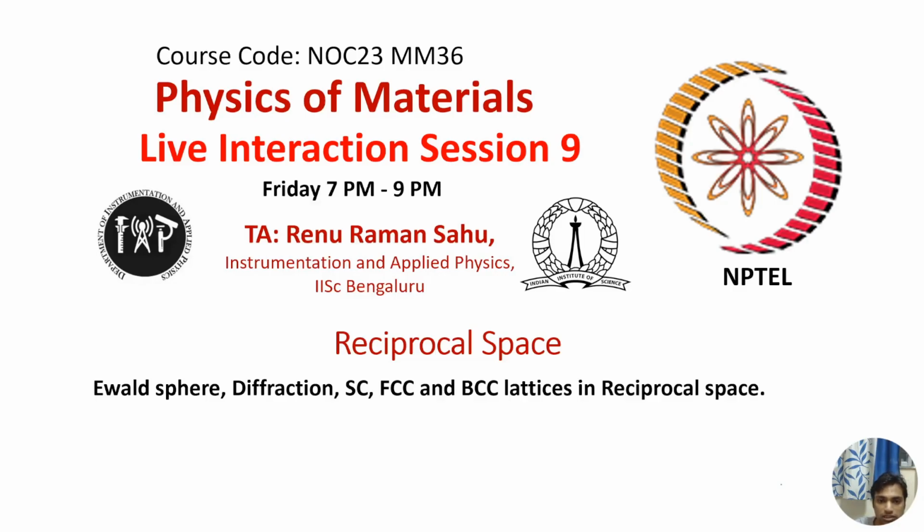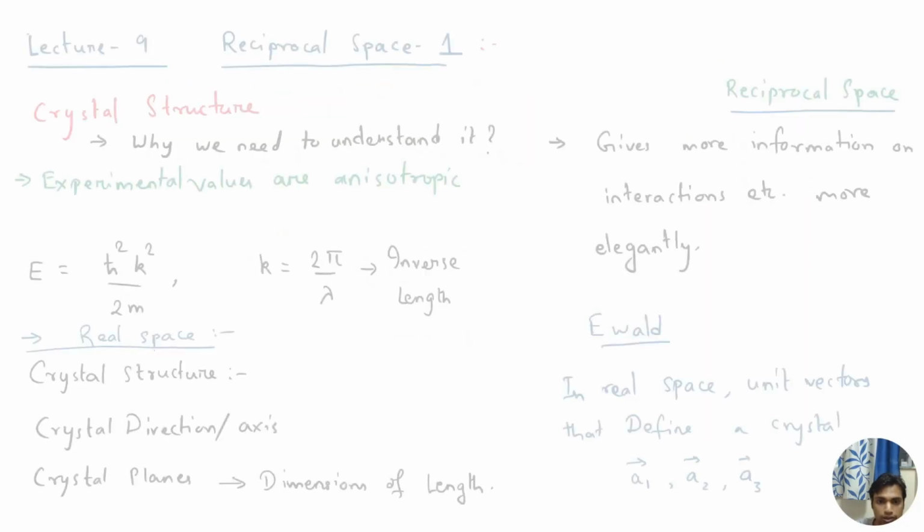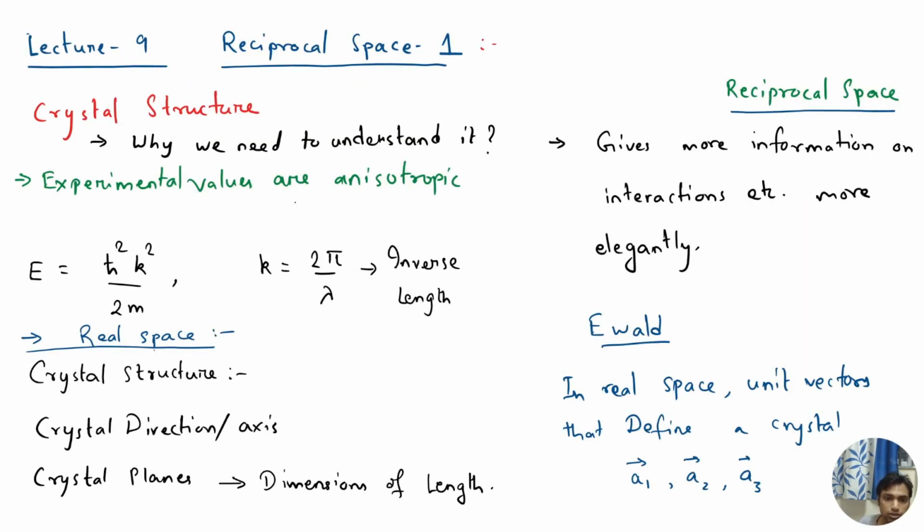So in the last few classes, we talked about the crystal structure, and we saw the importance of understanding it. Why? Because we set out with understanding the properties of the metals, like why they are very good conductors of electricity and why they are very good thermal conductors. Then we saw that these free electrons cannot explain why the properties of a material should be different